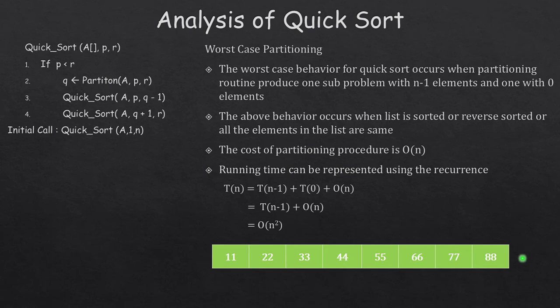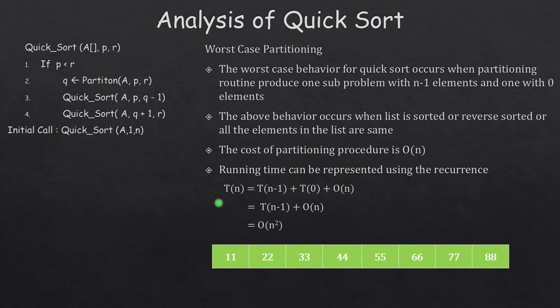We already studied that the partitioning procedure divides the entire list into two, where the left hand side will contain elements less than the pivot element and the right hand side of the pivot element will contain elements greater than the pivot element. So here we chose 88 as pivot. There is no bigger value than 88, so there will be no right piece.